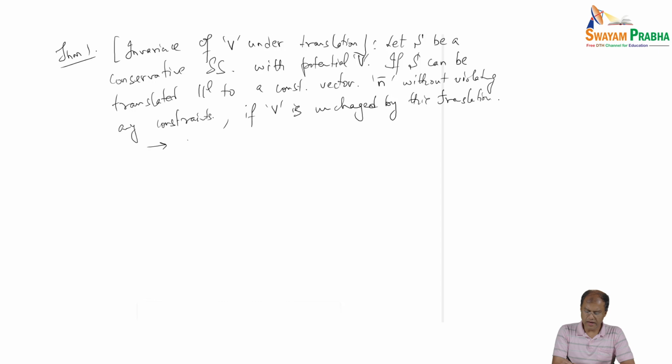So the nth direction linear momentum is conserved, and in this case let us quickly see the proof of this result. So let us denote Ri to be the